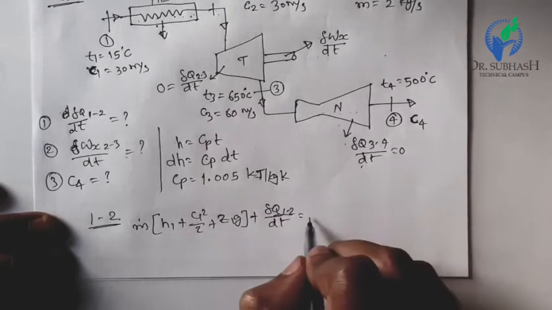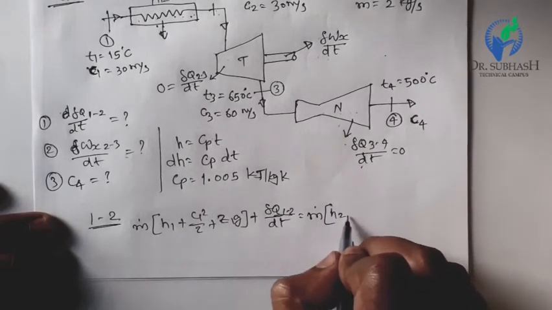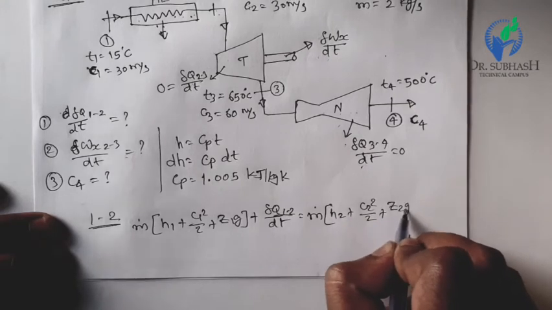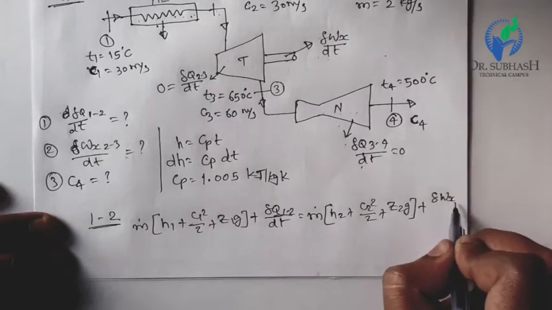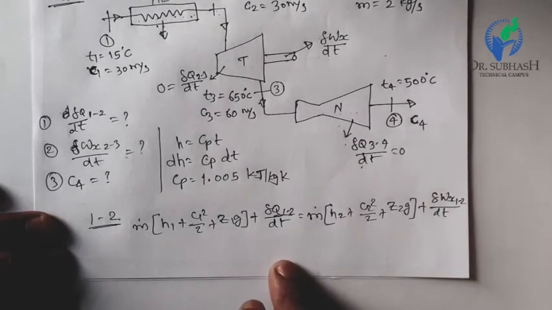So this is the SFEE or steady flow energy equation per unit time basis or rate basis equation. Now we will apply this equation for each and every component. Say this is the general equation we will write for 1 to 2, but we will apply this equation for each and every component, say 3 components here, 1 by 1.